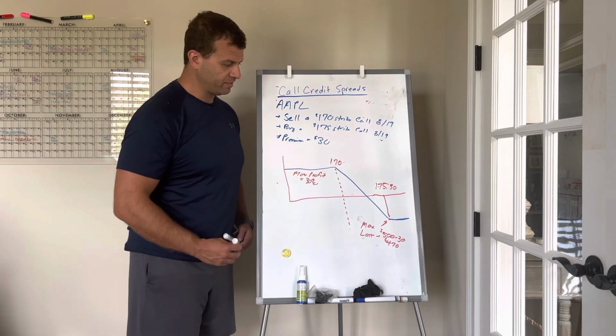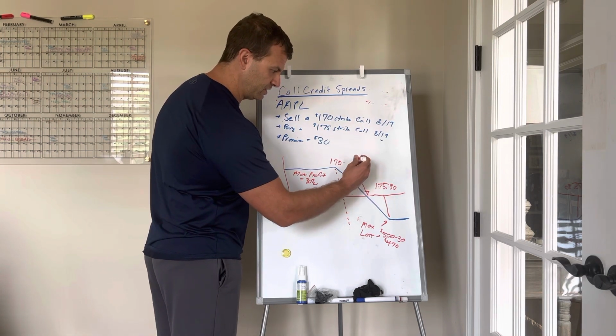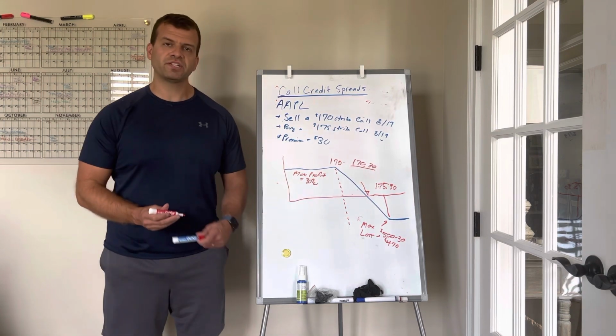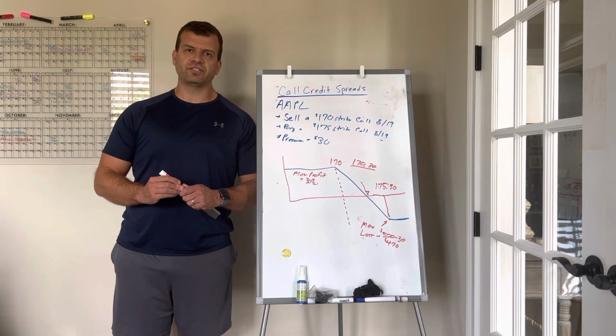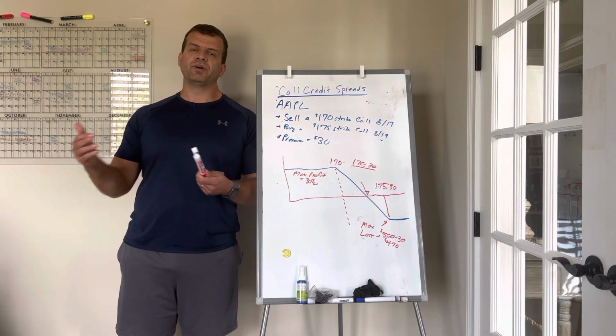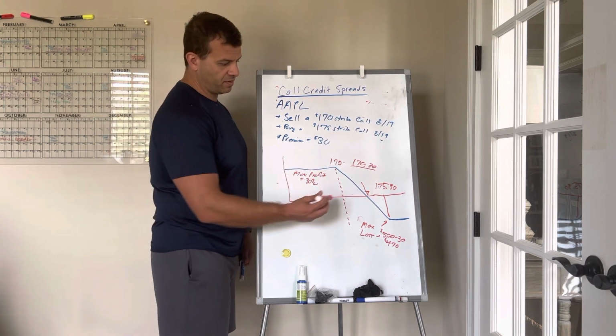So your break even here is 170.30. That means if the price closes at 170.30, you made nothing on the trade, because you got your $30 in premium no matter what, but you lost $30 on this. But what happens is, if it keeps climbing,